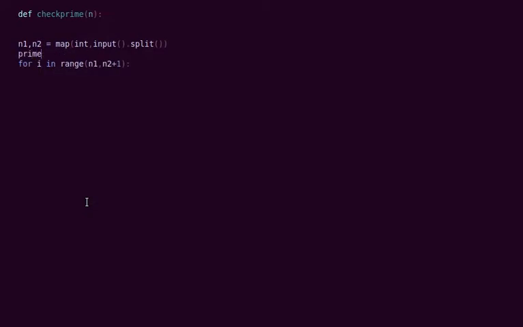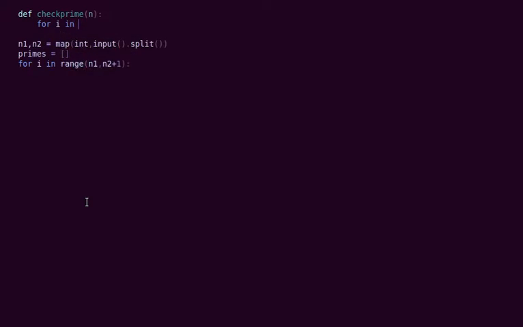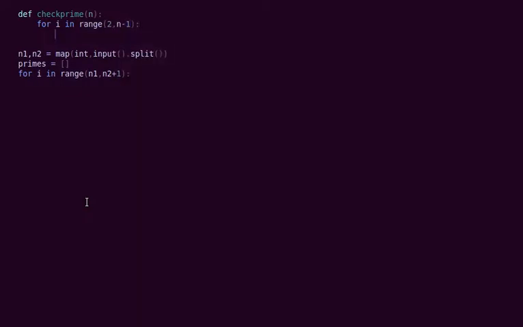So now we will be writing a very basic code to find the prime numbers. For def check_prime, I am giving n as the input. Now I need to check whether the given number is prime or not. So I will run a loop for i in range of 2 to n minus 1, or else you can run it for n floor 2.